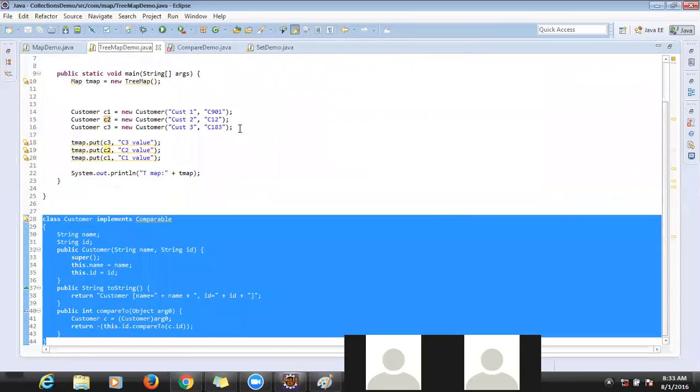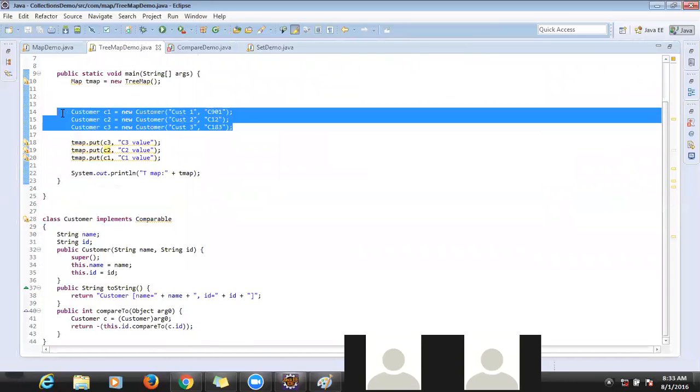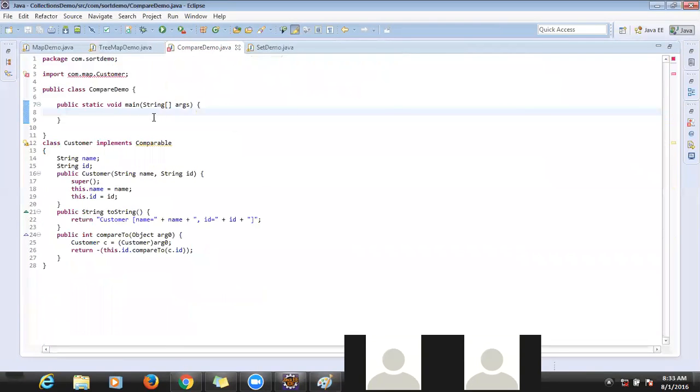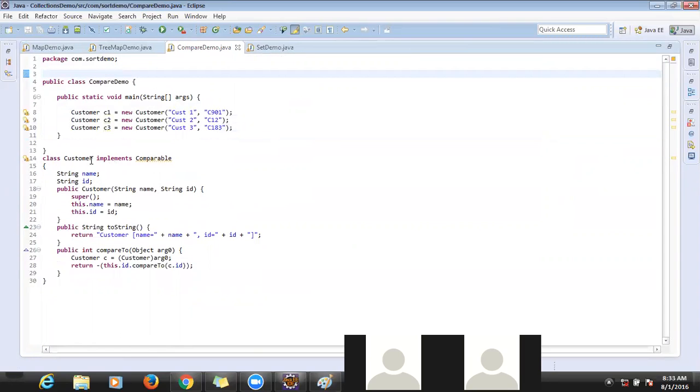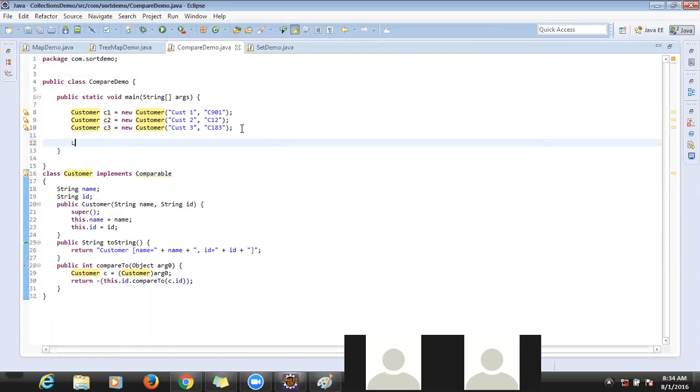Let me copy. Now I created the customer object, and I also created three different objects with three different values.